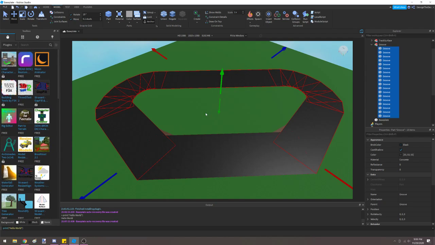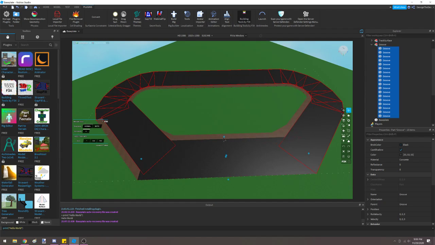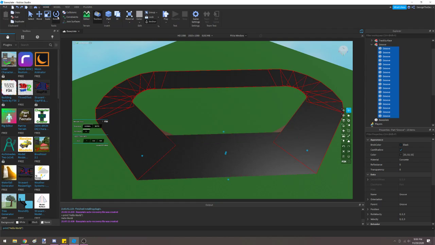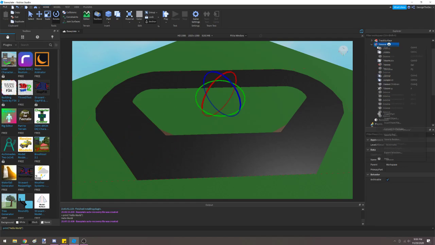But back to our groove here. So I'm going to use F3X. We're going to go to our plugins tab. We're going to do F3X. And with this, we can go to this resize. And with resize, we can actually resize all parts at once. So you can see how that is working like that. Now what's happening here is this part right here is rotated 180 degrees from the rest of these. So what we can do is before we start, we can select just this piece by holding down Alt and then rotate this around. And now we can go back to our groove